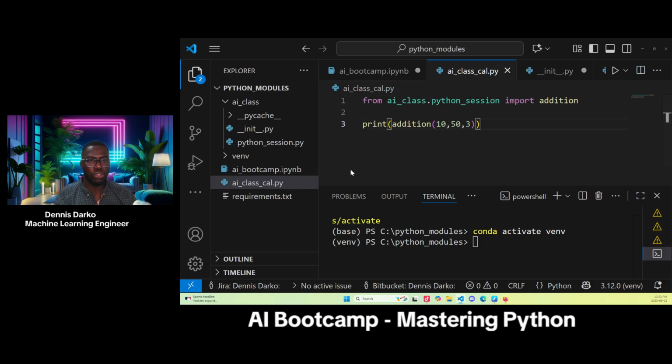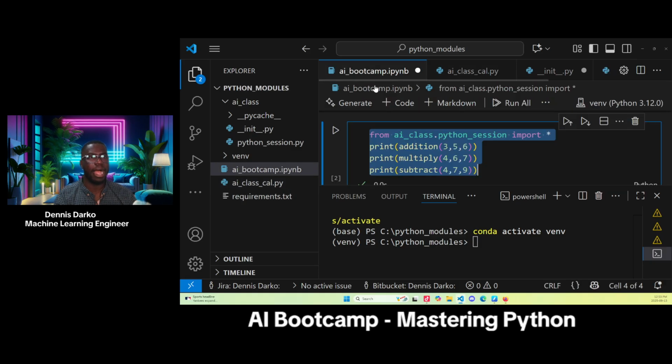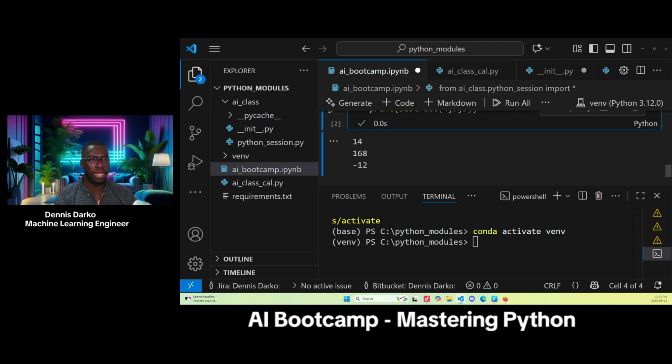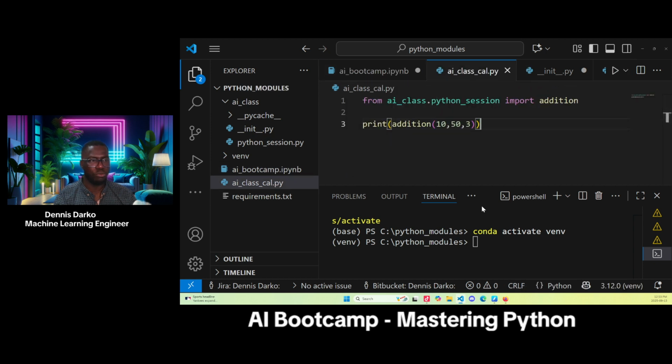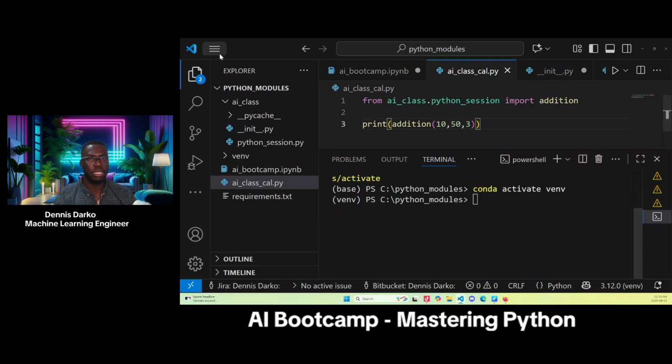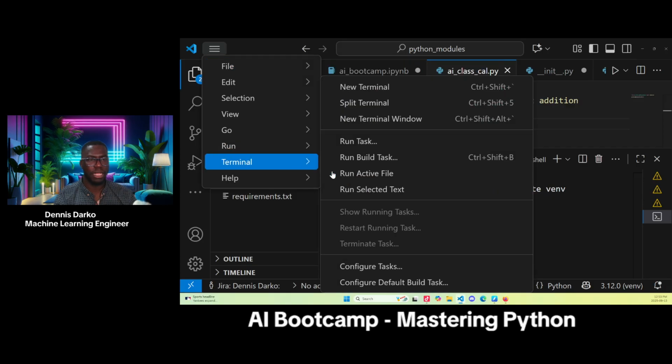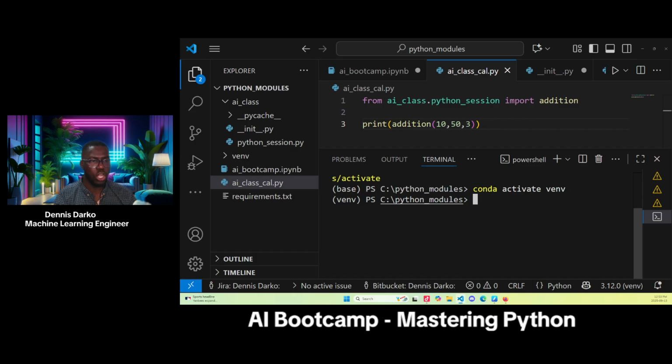Now if I want to also perform the calculation for this, like how we did in this notebook, all I need to do is come to my terminal. You open your terminal like this. You just have to go to file, terminal, and then click on new terminal. Once you're on your terminal, make sure you are inside the root of the folder. Currently I am in Python modules, so that's why I need to reference the script, then I can get my result. So when I come here, I will just say python, space,